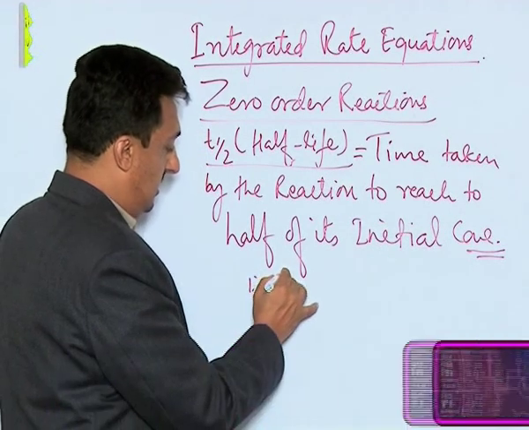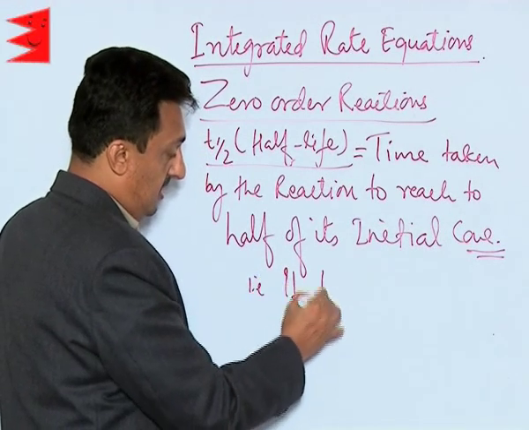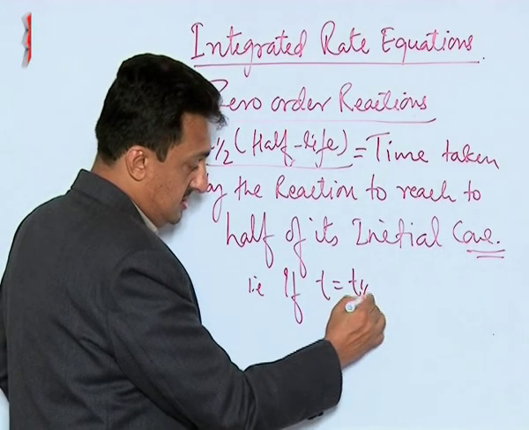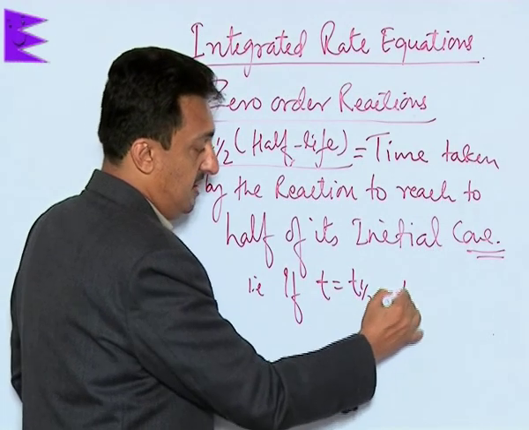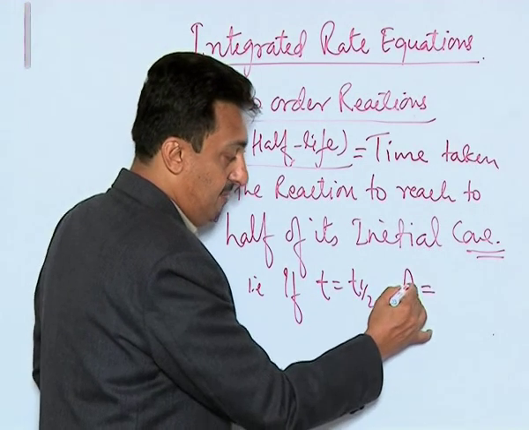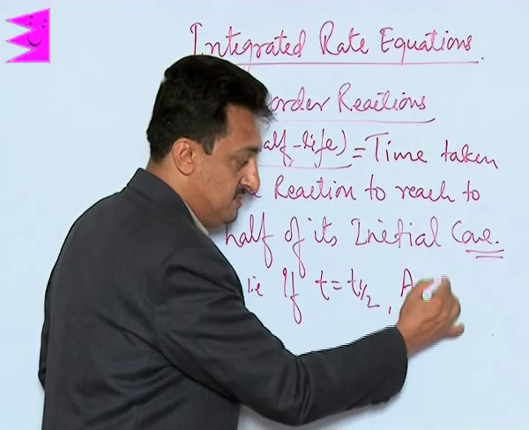That is, if your time is T half, remember your A, amount of reactant left out, will be